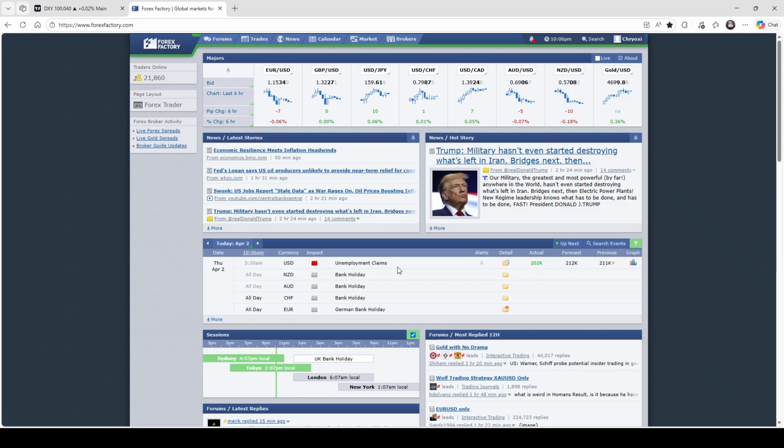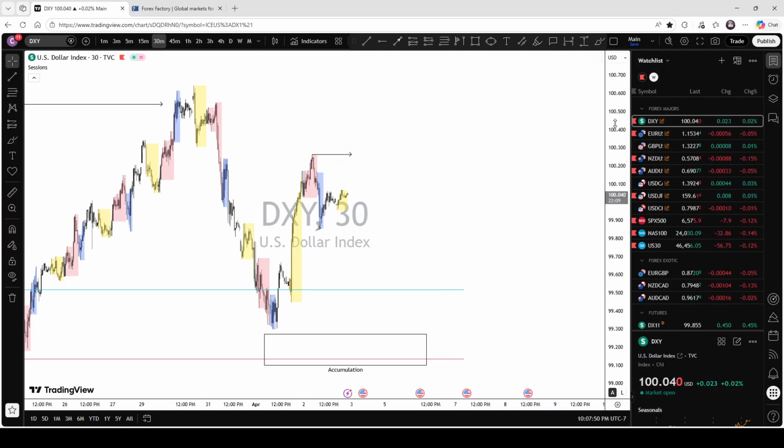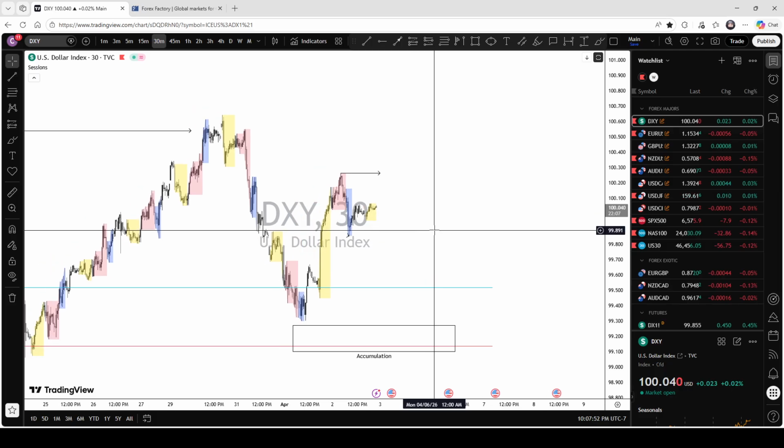So, today we had unemployment claims, came in lower than expected. So, no reason for dollar to be bearish. And then tomorrow we have the unemployment rate and non-farm, so that'll be at 5:30. So we'll see what those numbers come out to, and then look at the charts to see if there's anything we can get into.